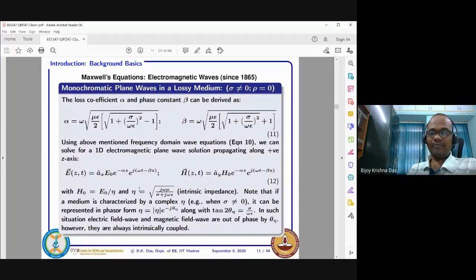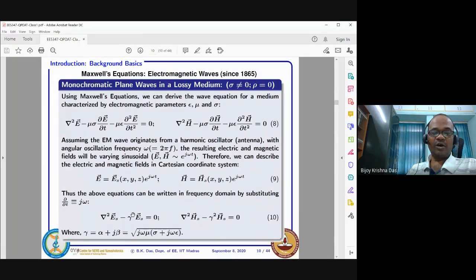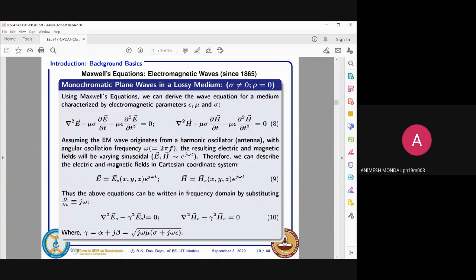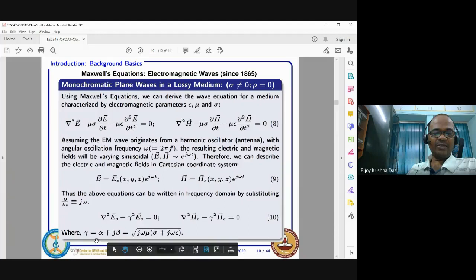Because j beta is there, you see, if you solve this, what would be the solution? E to the power plus minus gamma z, right? Yes, sir. So plus minus gamma z means it will be plus minus alpha plus j beta, because it will be just an exponential solution here. Because gamma is complex, it will have a decay term as well. It will have an alpha term as well as an oscillating term. You understand? Right, sir. So that j beta I decomposed here.